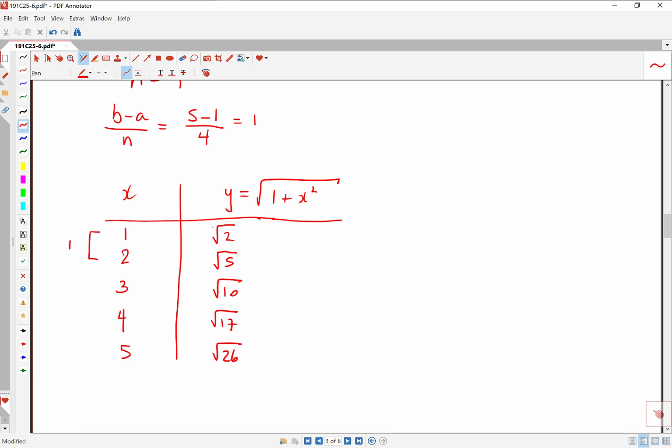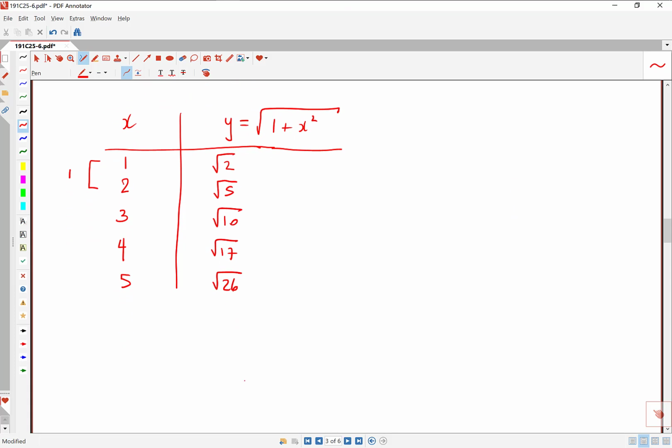So the idea is just to figure out y, write it down quickly so that when we actually plug into the formula, we don't have to do too much thinking at that point. And from there, we can think about plugging into Simpson's rule. So Simpson's rule says that the integral that we are trying to compute, the integral from 1 to 5 of the square root of 1 plus x squared is approximately equal to (b minus a) over 3n times some